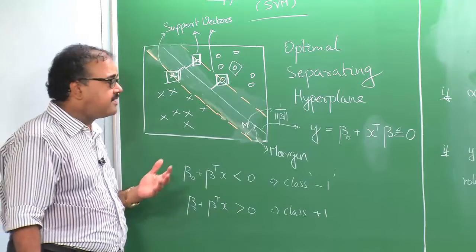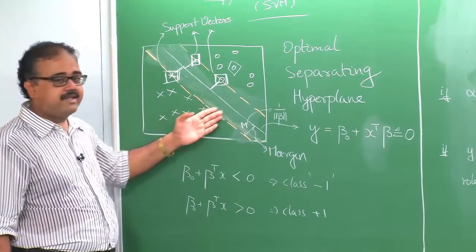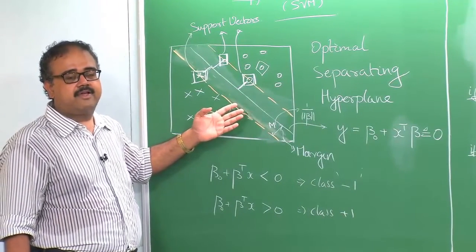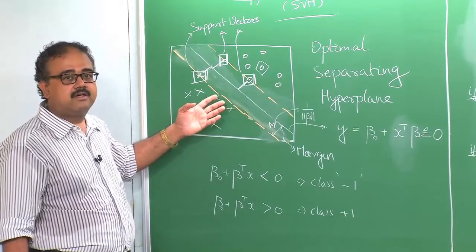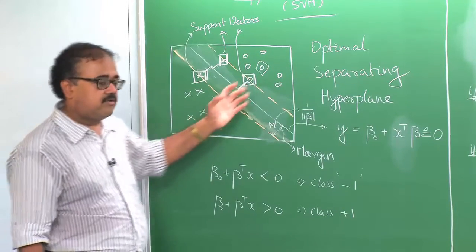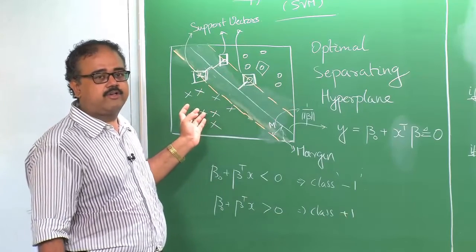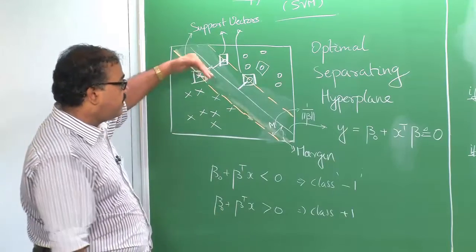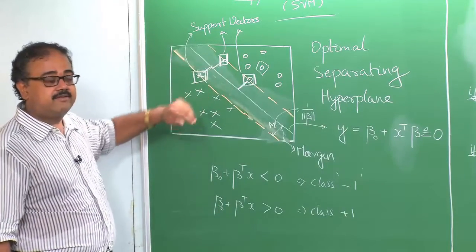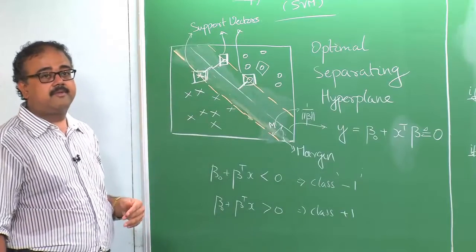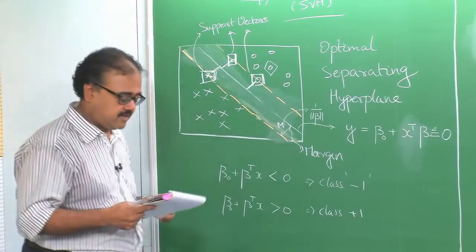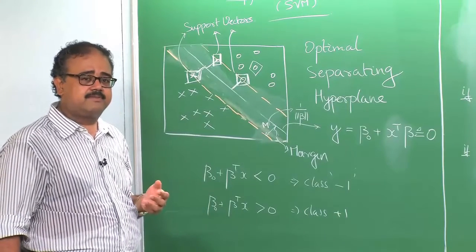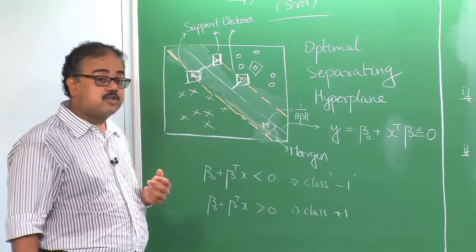So, the idea here is that if I give as much gap between the classes as possible, right, then the classifier would be more robust to noise on either side. This is assuming that your noise could be in this class or in this class. If you know for sure that one class is noisier than the other, or if one class is more valuable than the other, you might want to modify your objective so that the line does not go right in the middle, but it moves to one side or the other. So, having said that, under the assumptions of the support vector machines, if the assumptions hold good, then it is a very, very robust classifier.